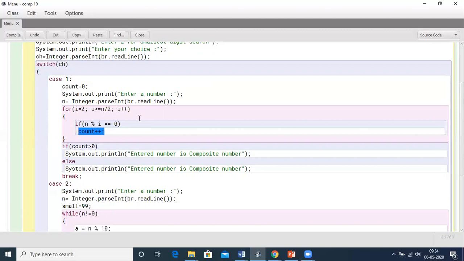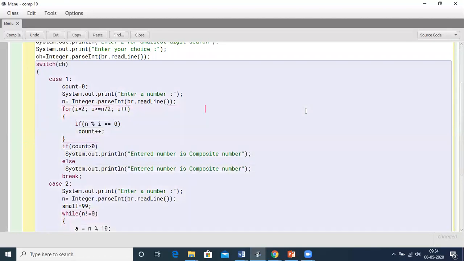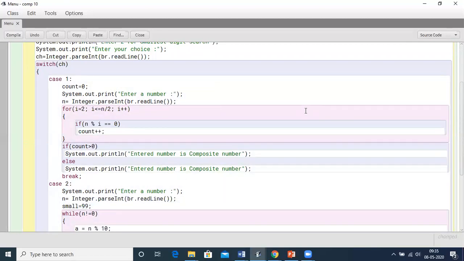Like for example, 14. Suppose I take over here n equals 14. So my i starts from 2. It will go till n by 2, that is 14 by 2, which is 7. So if 14 has any factor between 2 and 7, as we know 14 has the factors 2 and 7.